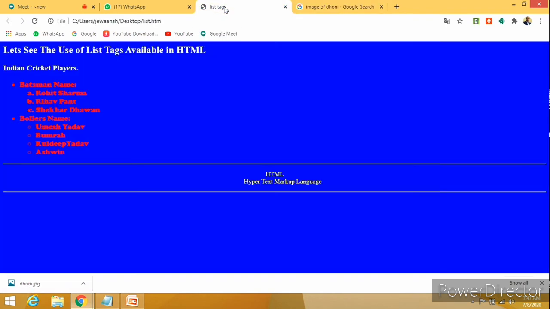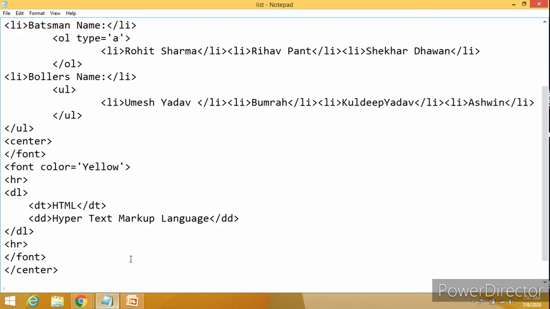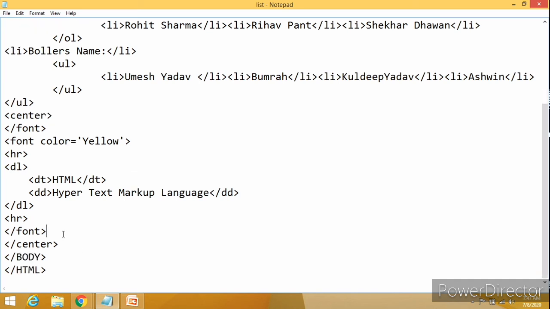Now let us move to our code. After this I want to have Dhoni's image. Okay, I have to use the tag as img src. src stands for the source.